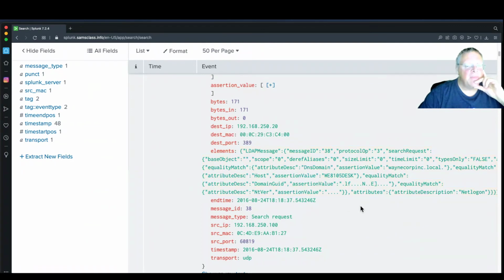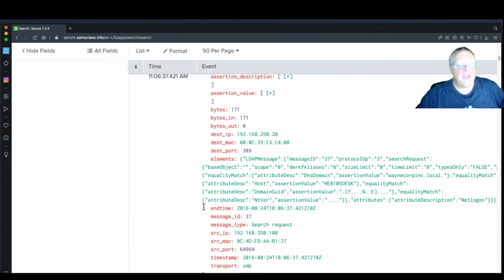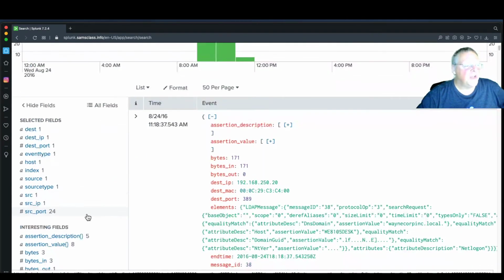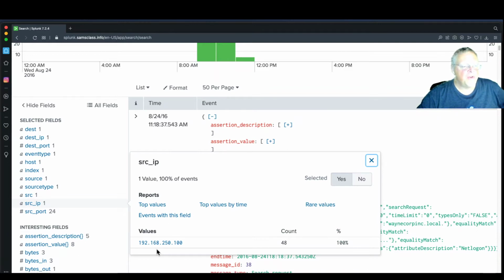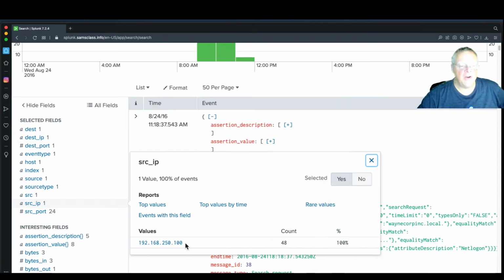Yeah, I'm not that familiar with LDAP to be able to easily interpret this, but I think I would regard that as the source of all these LDAPs is probably the laptop. Also, this ends with 100, and this ends with 20. So according to typical conventions, you would give the server a low number, and you would give the client a high number like 100. So I'm thinking this is pretty much likely it. I'm just going to save that in case I need it. So that would appear to be the IP address of the